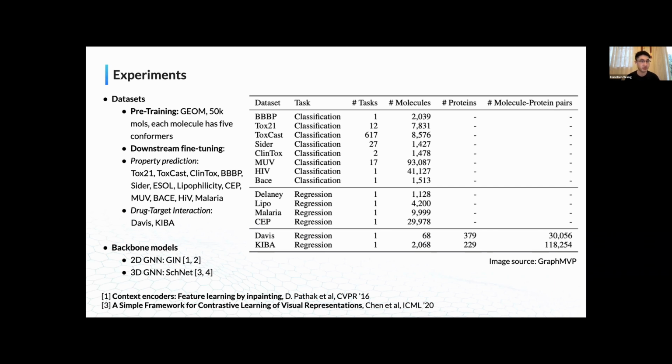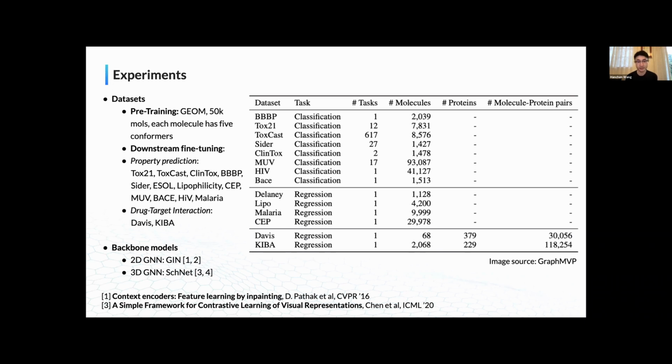And for downstream fine-tuning, we mainly investigate 2 downstream tasks: property prediction and drug target interactions. Okay, so bear with me with the wrong references. So for the backbone models, we use the 2D GNN, the Graph Isomorphism Network, and it was first published by Xu, Hu et al. in ICLR